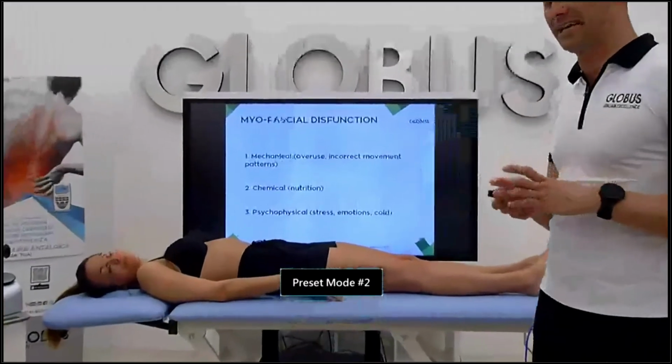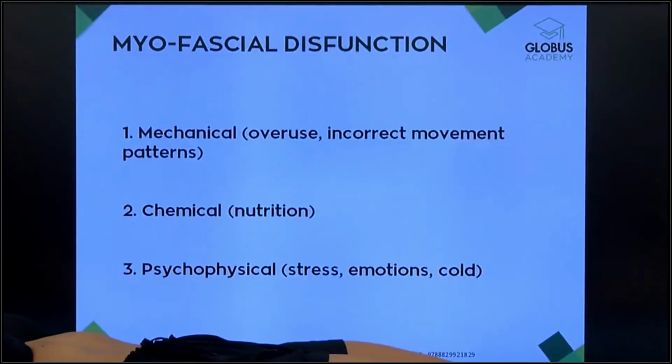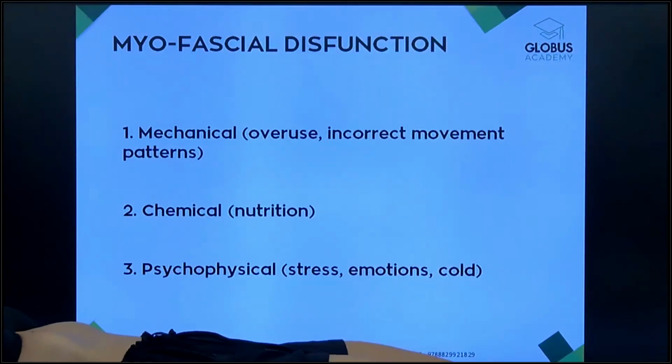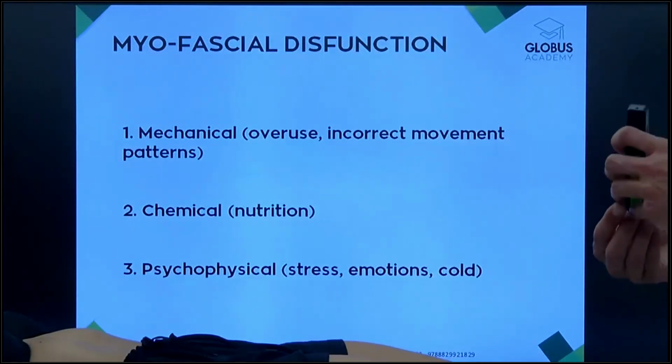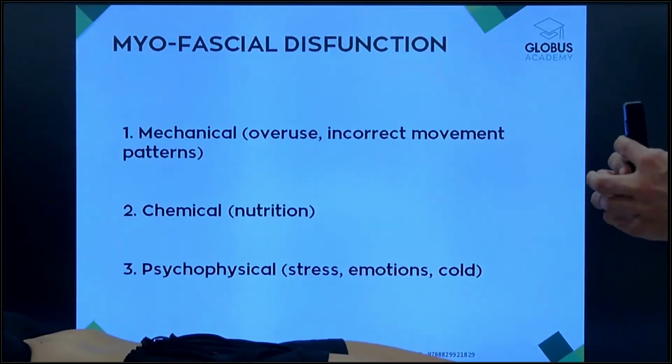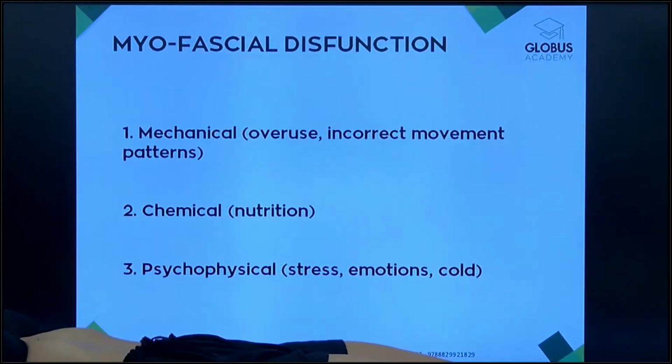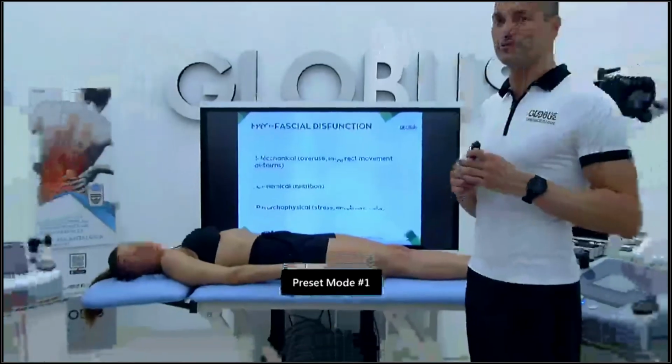On the other hand, we have the chemical one. Maybe we could have a kind of poor hydration, like we said before, that can also affect the fascia. So the fascia is not well hydrated, so it is not conductive, it cannot conduct the electrostimuli for the nervous systems, both autonomic and central. And on the other hand, just imagine the psychophysical topic, I mean topics that could affect people. Just talking about posture, for example, if we have some posture problems, imagine a long sitting position, it can also affect the shoulder.